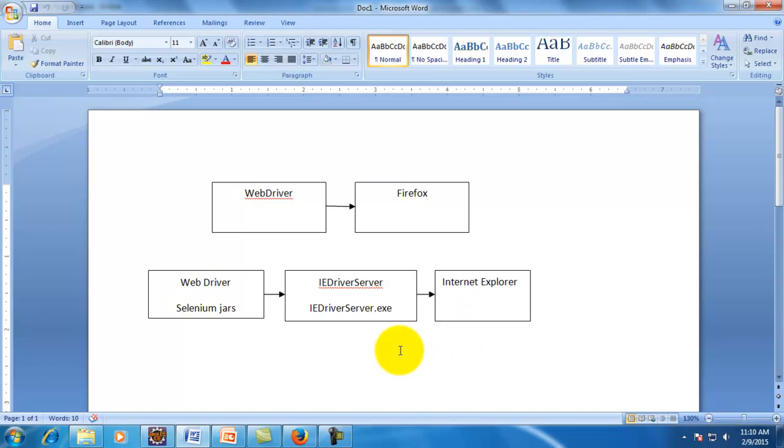For that, they have created a driver called IE driver. WebDriver interacts with this IE driver server, and this IE driver server interacts with Internet Explorer, so it can perform all the operations in Internet Explorer. So let's see how exactly we can associate this driver and perform any operation